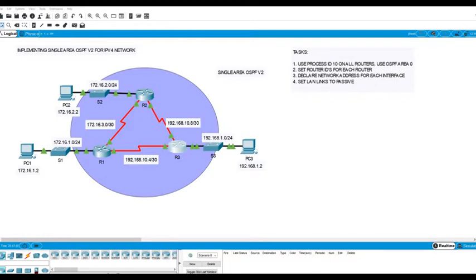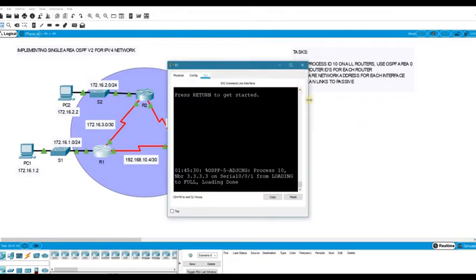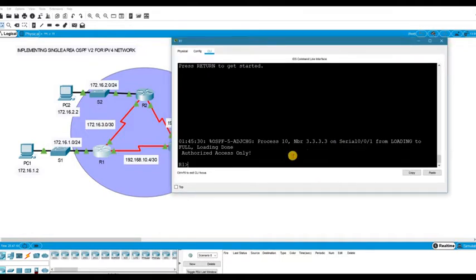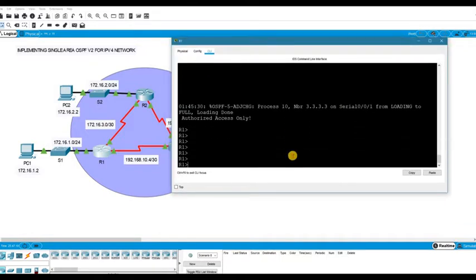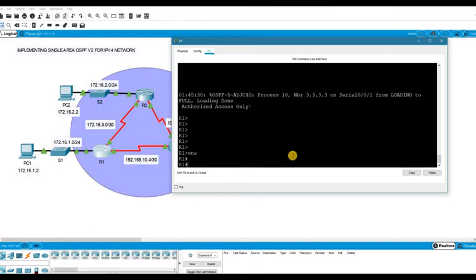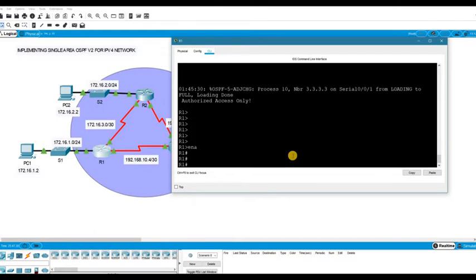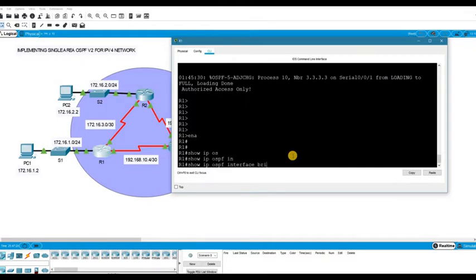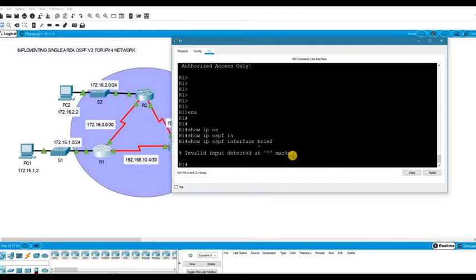But before that, let me give you a useful show command that we can use to check the OSPF parameters. The first show command can be entered in privilege mode: show IP OSPF interface brief. It's the same as show IP interface brief, but this time we added OSPF. So when you press enter here,